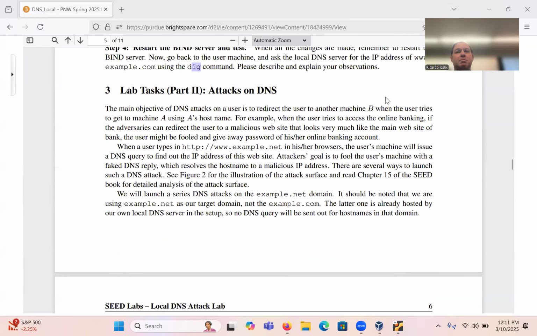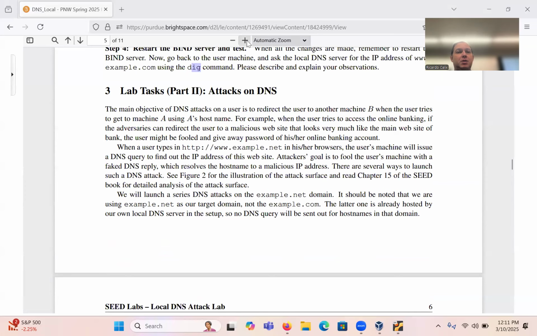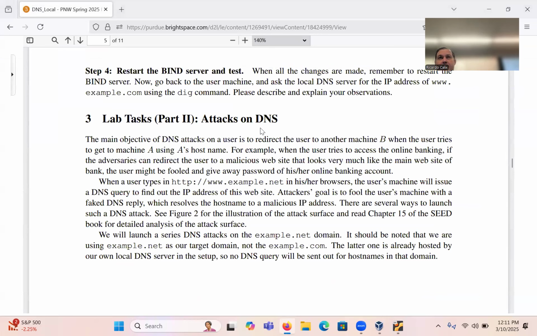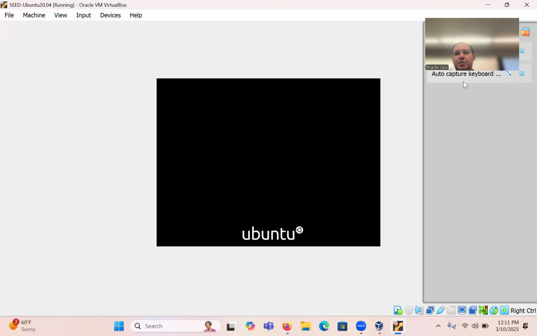And let's read through this first, right? So we're going to motivate this a little bit. So part 2, attacks on DNS. Remember, your architecture is a client-server architecture. You have a DNS client, one of the VMs, and a DNS server, another one of the VMs. So this machine,